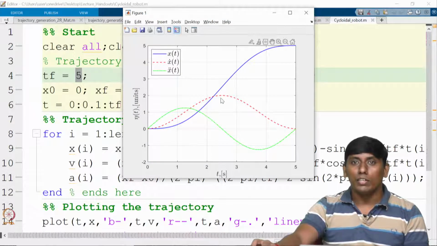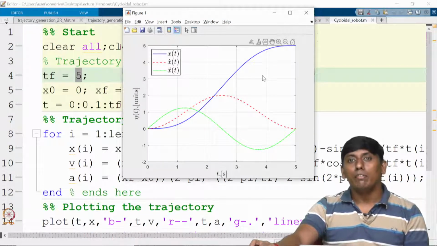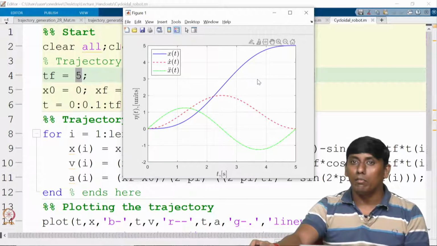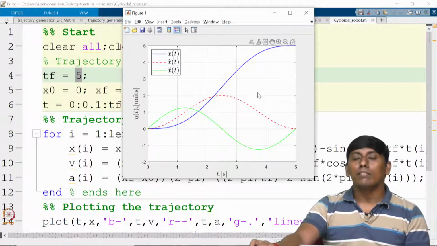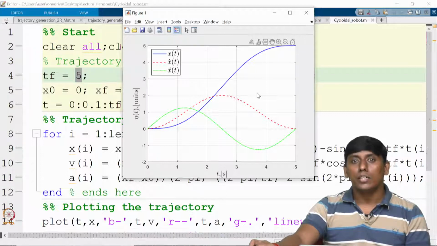It is very smooth, but here we don't have any control over initial and final velocity, or initial and final acceleration. However, it starts from 0 and ends also at 0. In that case, acceleration and velocity all start from 0 and end at 0. In that sense you have much smoother motion, and you can always use this kind of profile for a complex system like a humanoid or even a complex manipulator. That's why people try to use it.